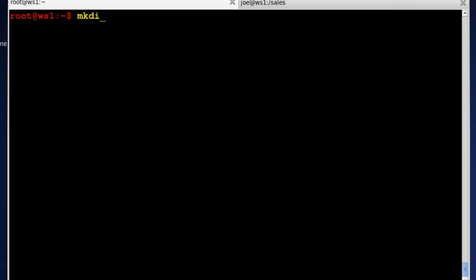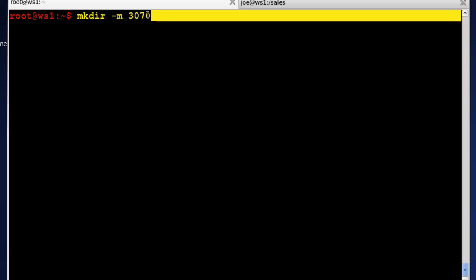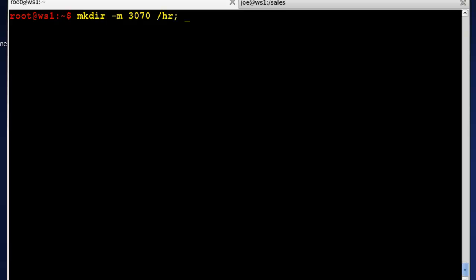So let me type mkdir /HR. Oops, got to put the mode in there. And here's where it's going. Now the sticky is a 1, the set group is a 2, so I'll put a 3, then a 0, then a 7, then a 0. And what that means is this first little placeholder is reserved for the special bits. So that will add the sticky and the set group. Then the user position will get 0, the group will get everything, and everybody else will get 0 on that folder. And I'll say HR, and then I'll just continue the command,